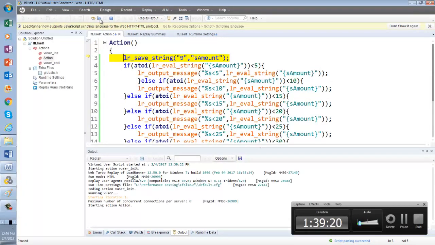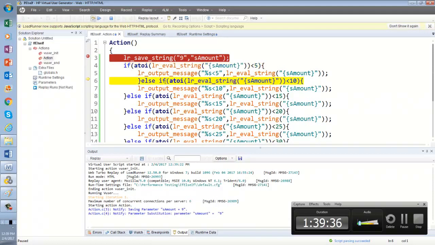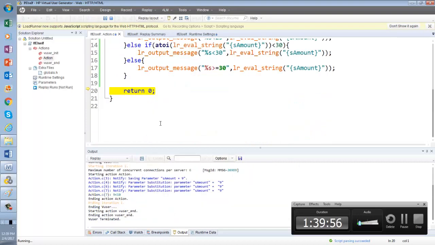Now if you take a look, can you see in line number 3 we have an extra line, notify saving parameter as amount equal to 9. This is extra, can you see this? And wherever you have the parameter, it will say parameter substitution amount 9. Now can you see it is executing? And wherever it is using that parameter, it is adding some extra lines.